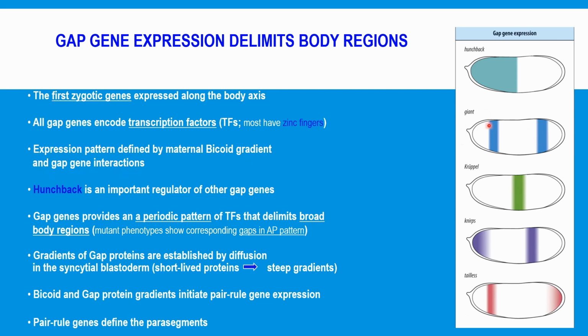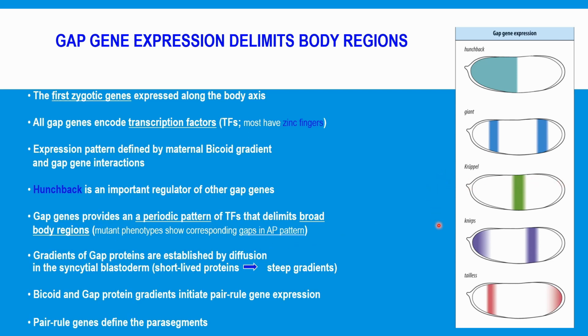And that means that the expression of these will restrict each other, is the best way to say it, I think. And hunchback is an important regulator of the other gap genes. And these gap genes are required to set up a periodic, or sort of repeating, pattern of transcription factors that delimit broad body regions. So they're important to define these broad body regions, and the mutant phenotypes will show gaps in the anterior posterior